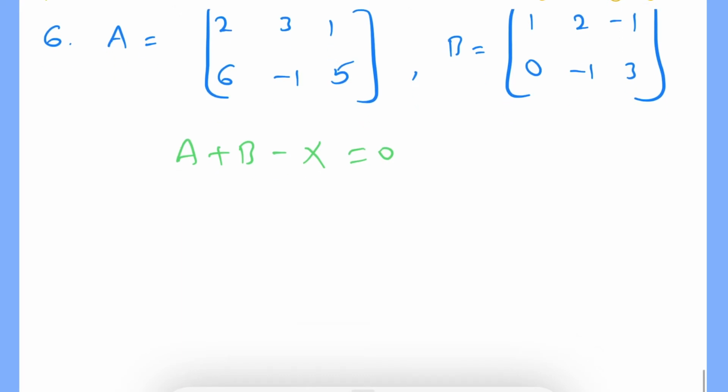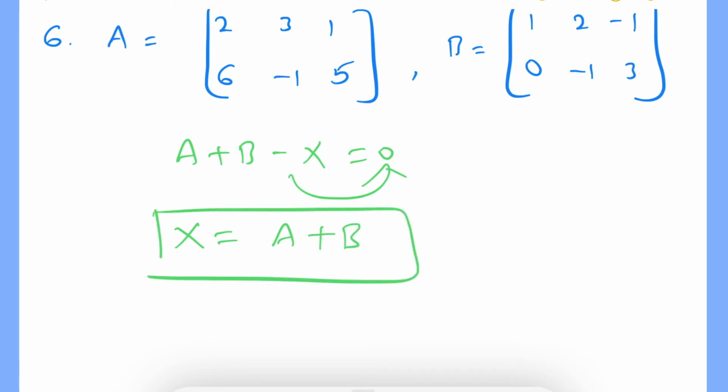So now if we take this minus X to another side, then it will become plus X. So we will get X is equal to A plus B. So this is what we need to find. Simply the both given matrices, if we do addition, we will get the X matrix. Let us do that addition now. So X is equal to